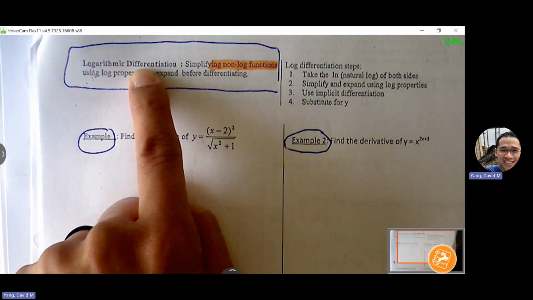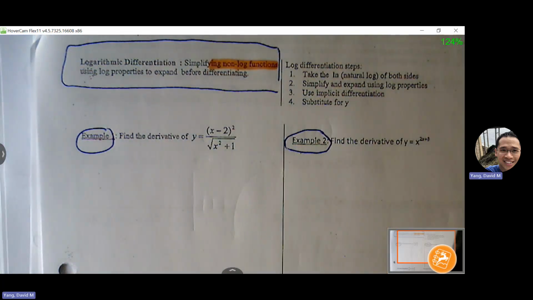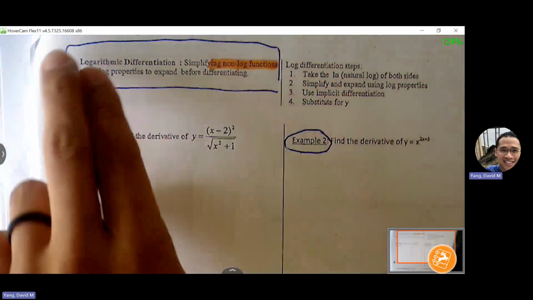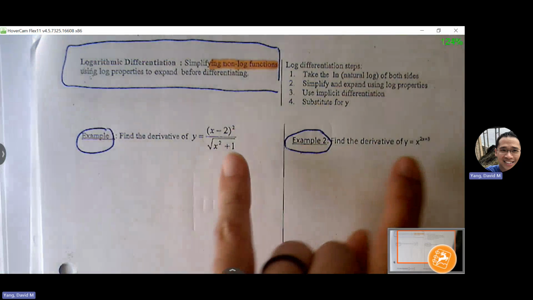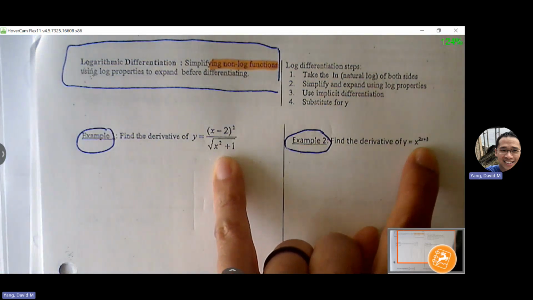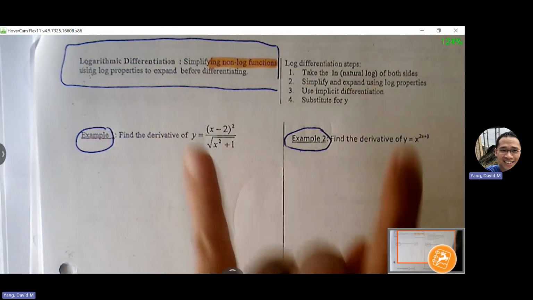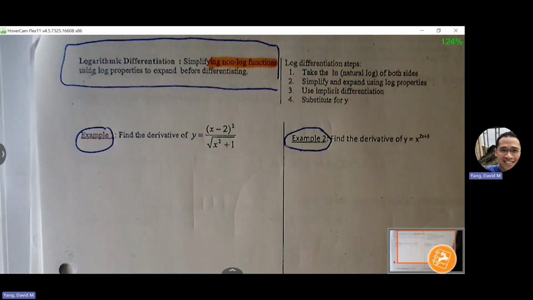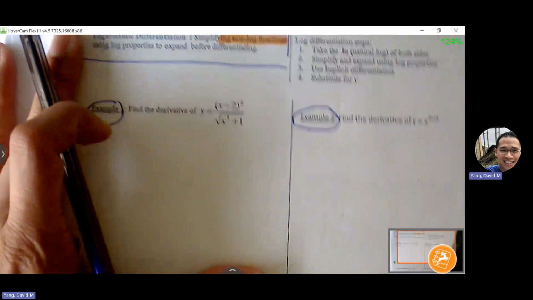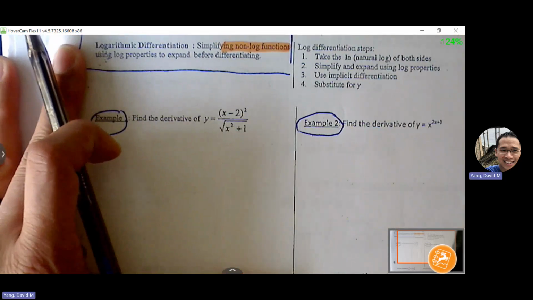We don't want to introduce logs into a problem where there's already logs, because then you're adding another layer, and it's not going to make it any simpler. So we only do log differentiation when there is no logs at all showing in the equation. Okay, so that's something that I see students do, where they do log differentiation, but there's already logs in the problem. So what we're going to do is,